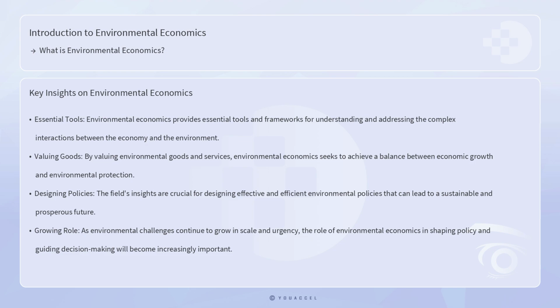The field's insights are crucial for designing effective and efficient environmental policies that can lead to a sustainable and prosperous future. As environmental challenges continue to grow in scale and urgency, the role of environmental economics in shaping policy and guiding decision-making will become increasingly important.